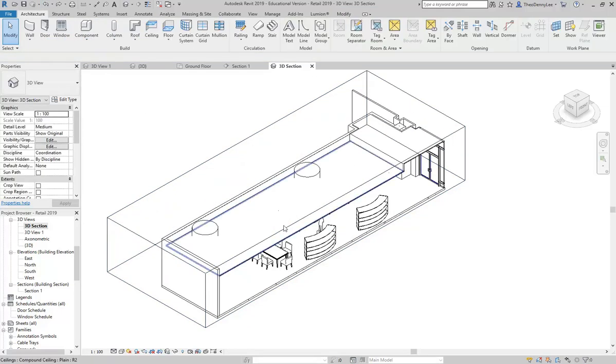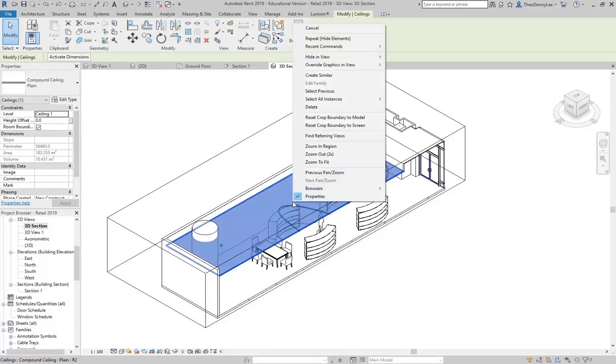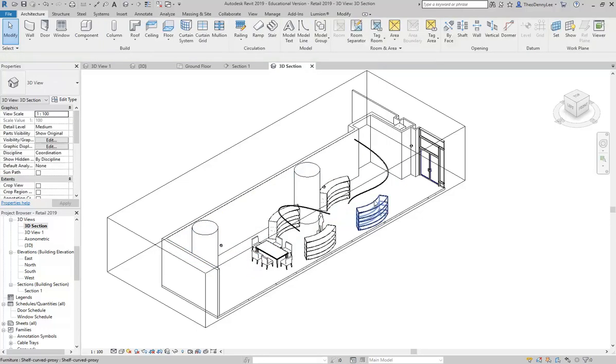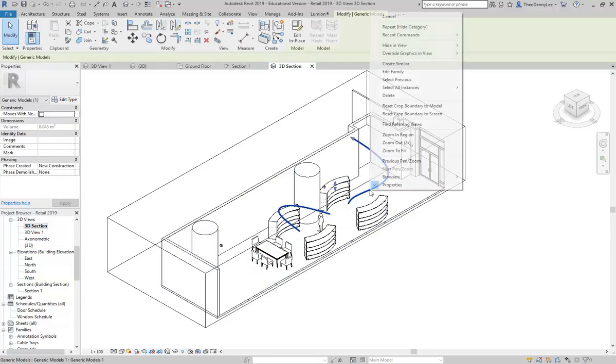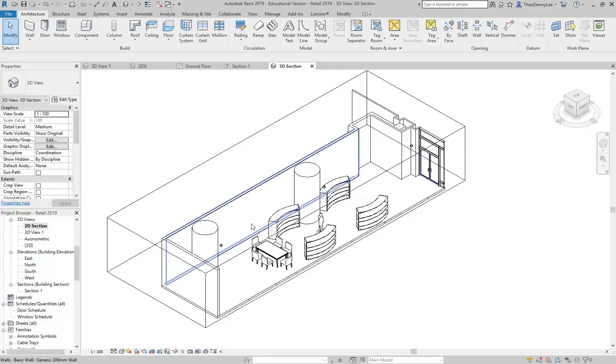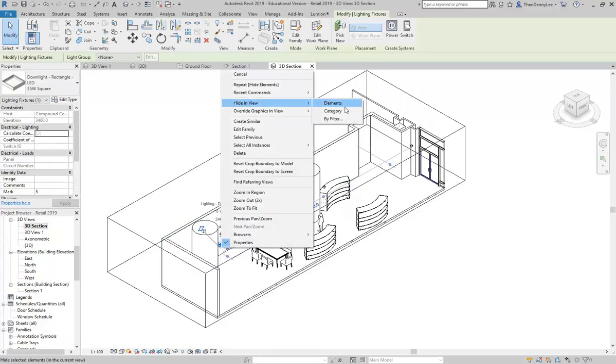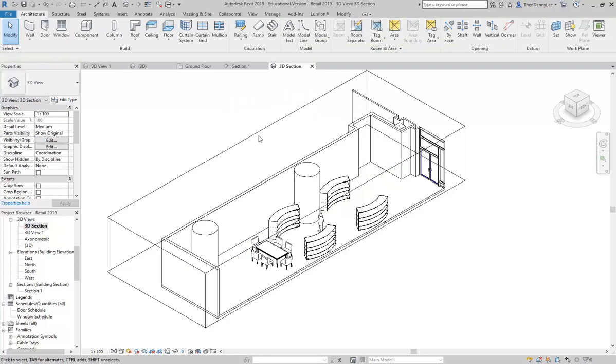The other option though would be to simply hide the ceiling by selecting it. We can right click and hide in view category and just hide all the ceilings that way. And I might do that with my little lighting fixture there as well. I'm just going to hide the element for that one. And, oh no, sorry, I'll also hide the lights, and I'll hide the category for those. So that's how I want the view to be, and that's going to give me a fairly good